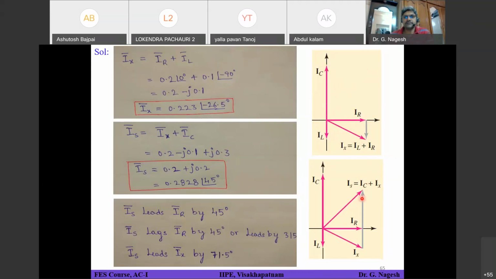So that's what it has fallen here, and this is your IS. Okay. So from this, we can straight away see and say which one is leading by what angle and which one is lagging also. Okay, so I hope you are clear with how to draw the phasor diagram once you have calculated the required phasors from the circuit. Okay,